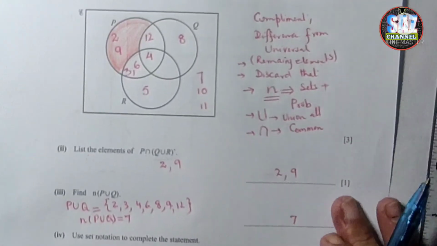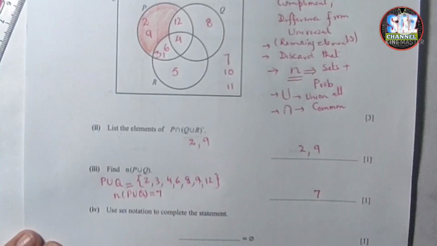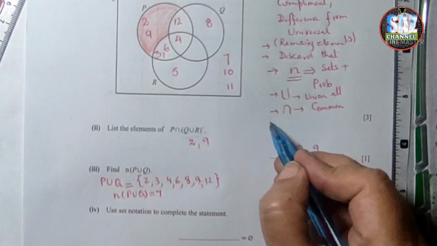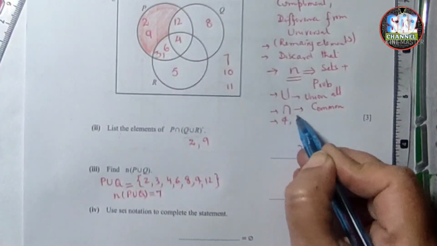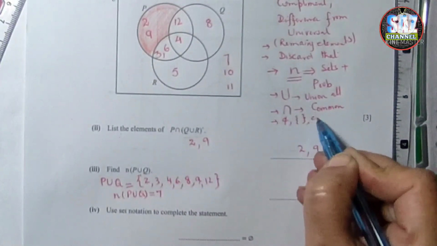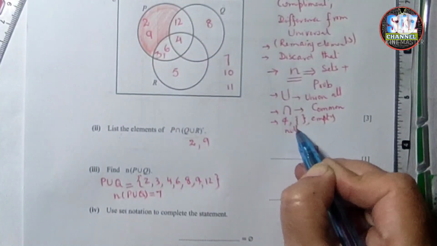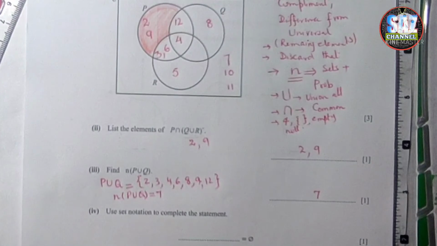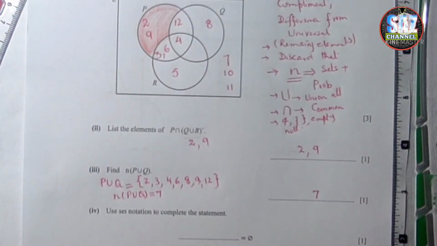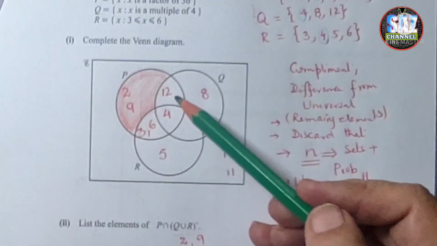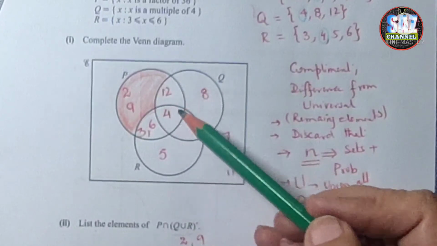Okay, the next part says to use the set notation to complete the statement. n of something equals 5. And what does the 5 mean? It is the empty set, empty or null. Look at the diagram and see which portion is not receiving any element. Only P is having some elements, this intersectional portion,